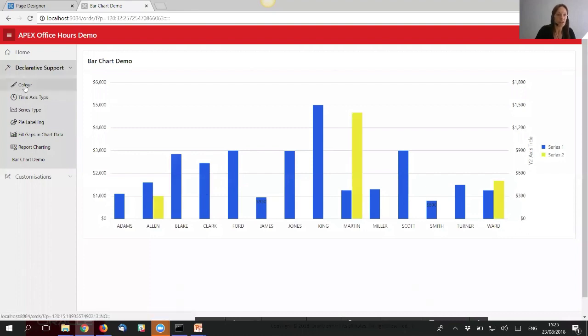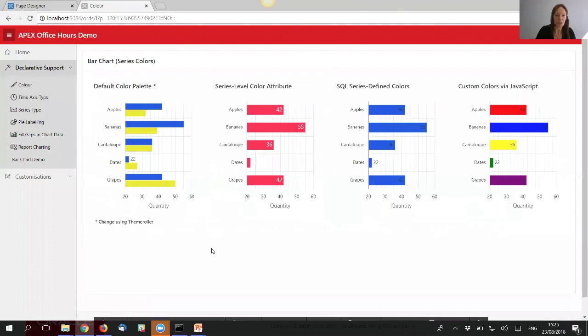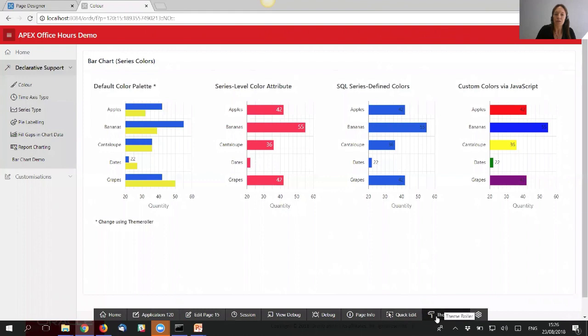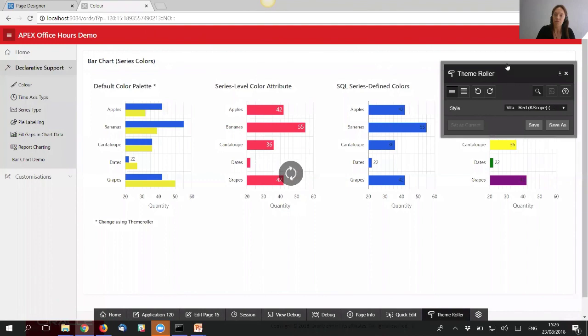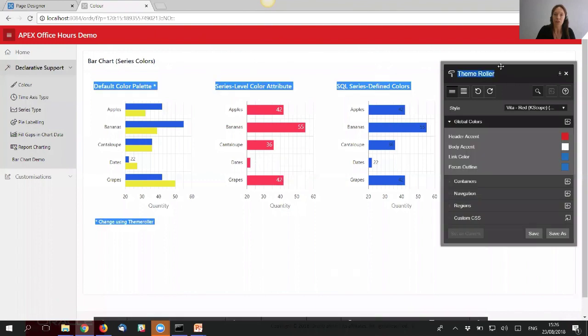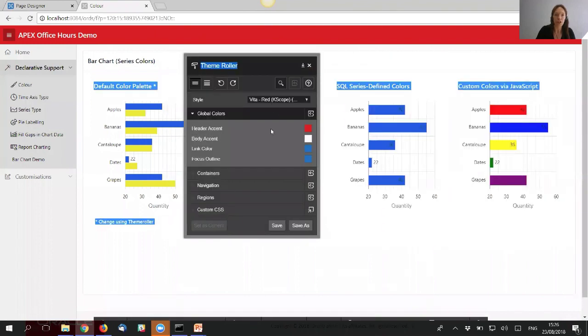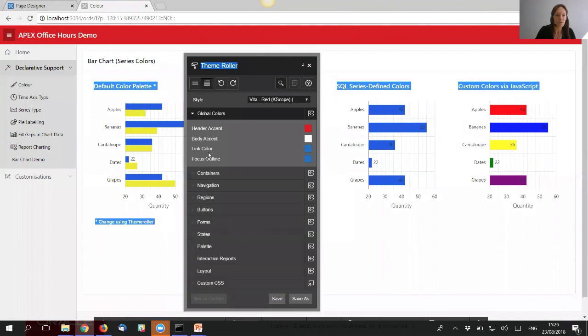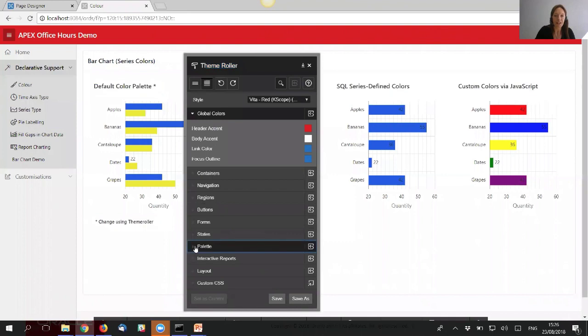So let's take a look at the color option. On this page, which may look familiar if you have used the Sample Charts app, I'm demonstrating the 4 possible ways that you can change the colors. The first of which is using Theme Roller. So I'll launch Theme Roller. I'll just move it a little bit closer here so you can actually see. Select Show All, and down under Palette,